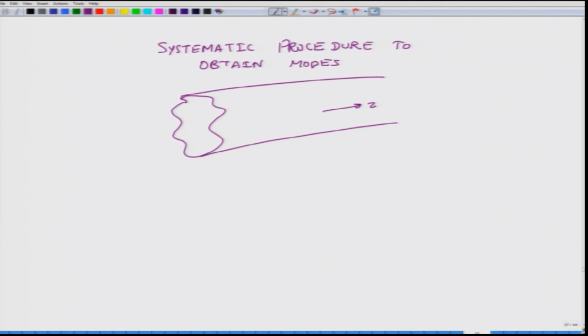Although I have shown it to be very irregular, it remains consistent at all points. So, hopefully this cross section is the same as this cross section, although the figure may not really show it,